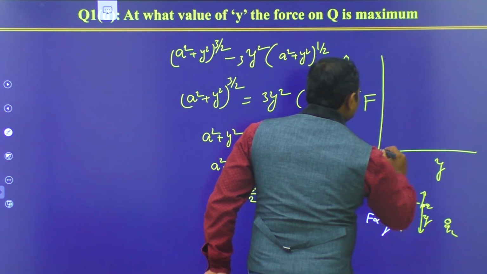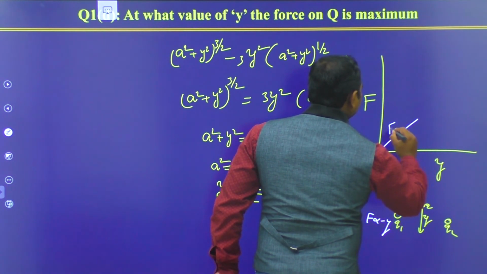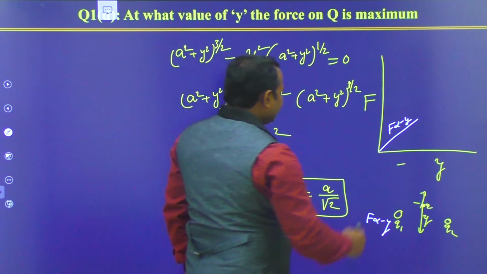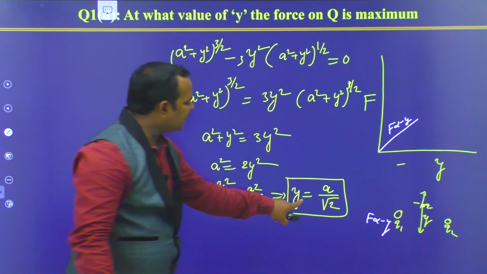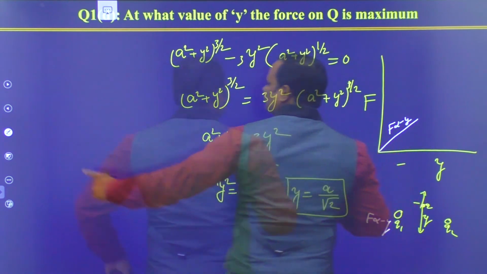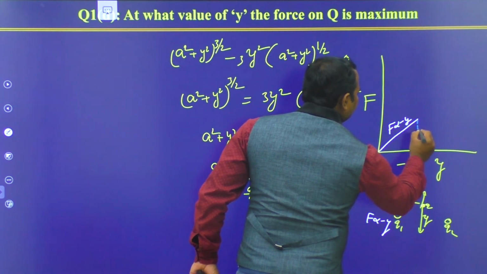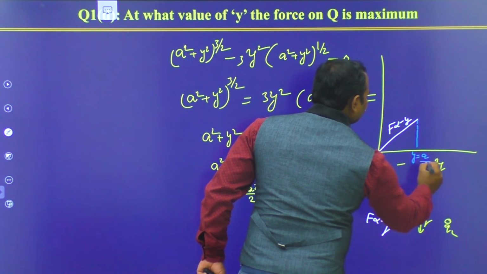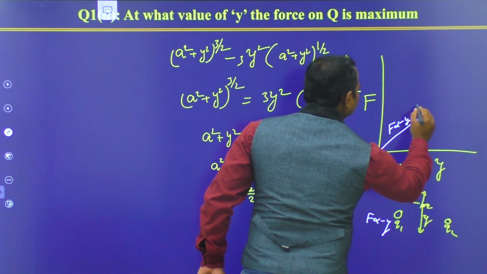So for small distance, F is directly proportional to minus y, and it reaches a maximum at a distance y equal to a/√2. This is the maximum force,